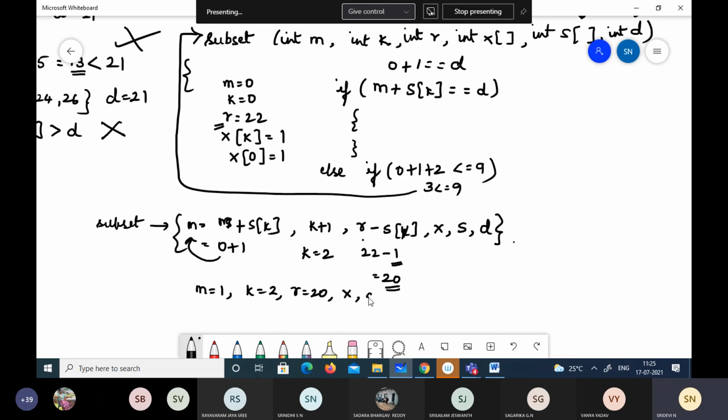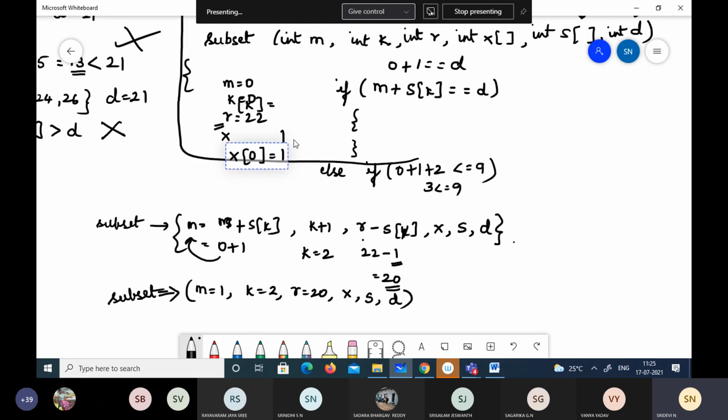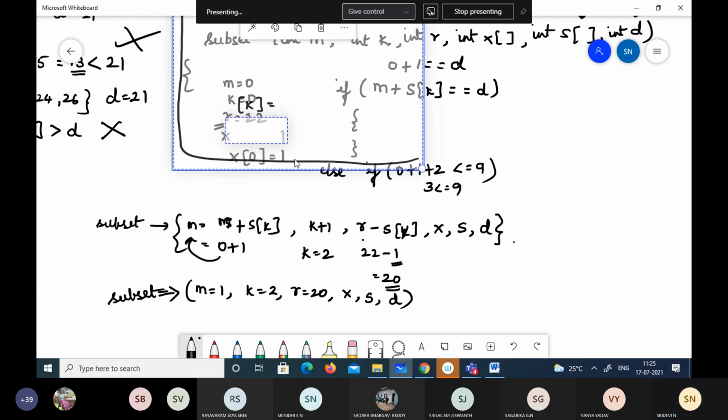Then we are passing the subset and also d. So these are the parameters for the second function call. If you try to trace with these values, you'll come to know what is happening, right?